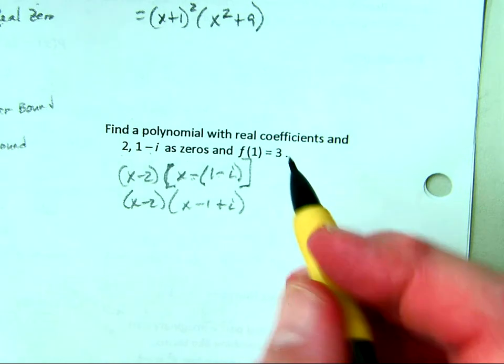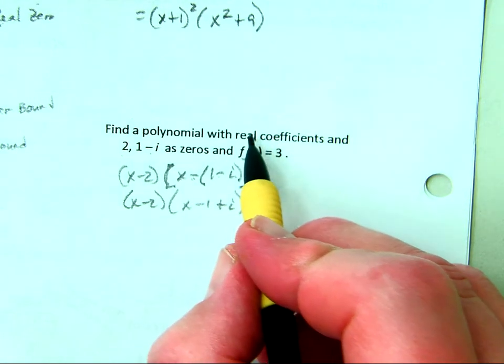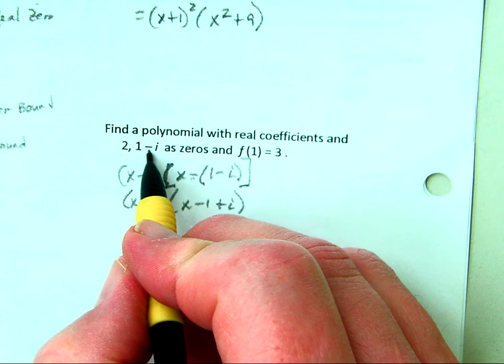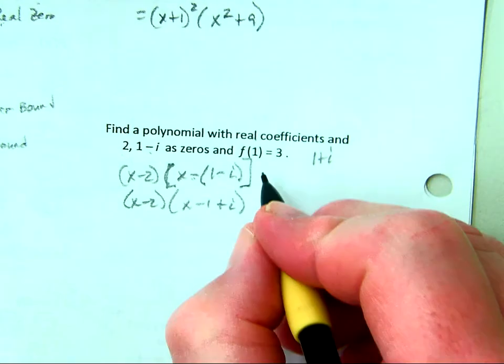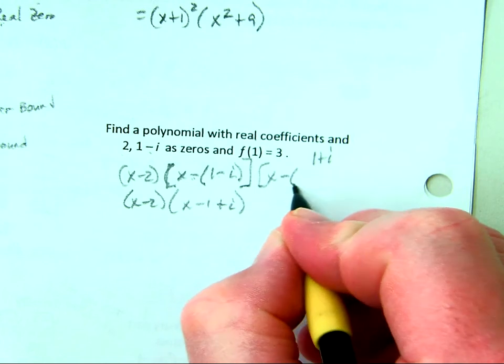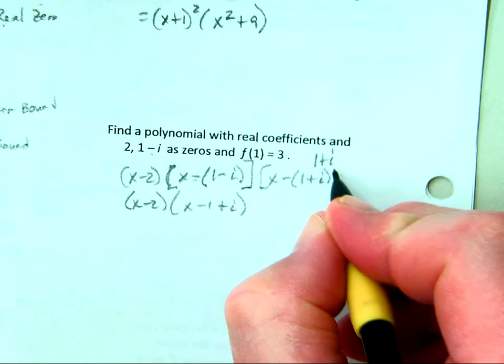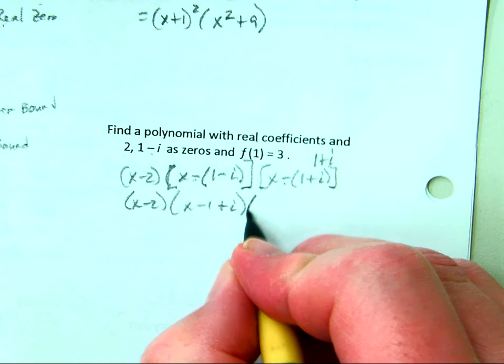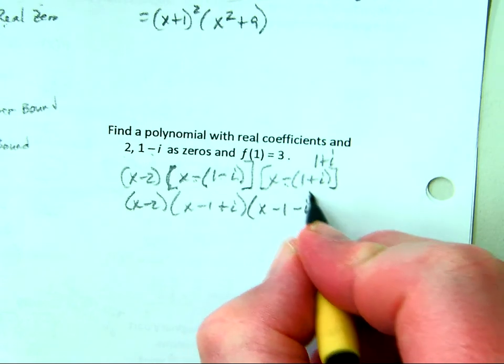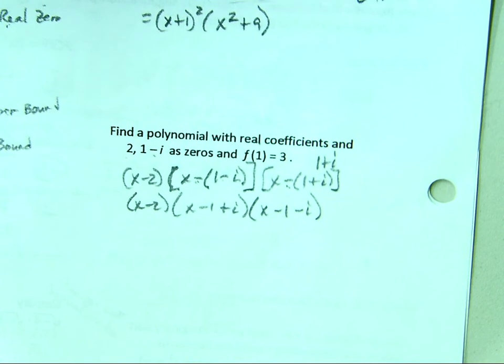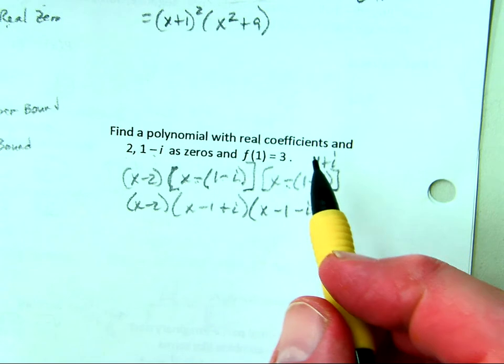Now, just like the last one, if this has real coefficients and 1 minus i is a 0, its conjugate must also be 0. That'd be 1 plus i. Well, if I took x minus 1 plus i, again, we need to distribute this minus. That'd be x minus 1 minus i. There would be the factors. Now, notice here,